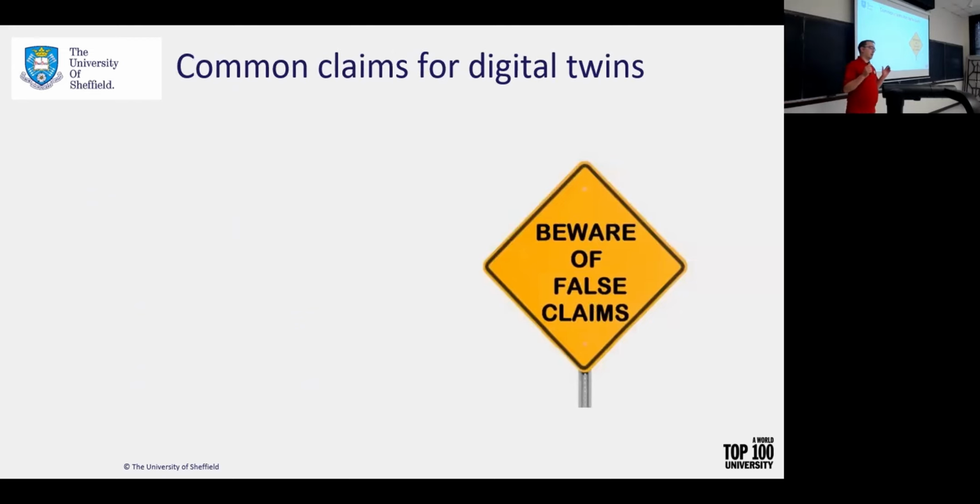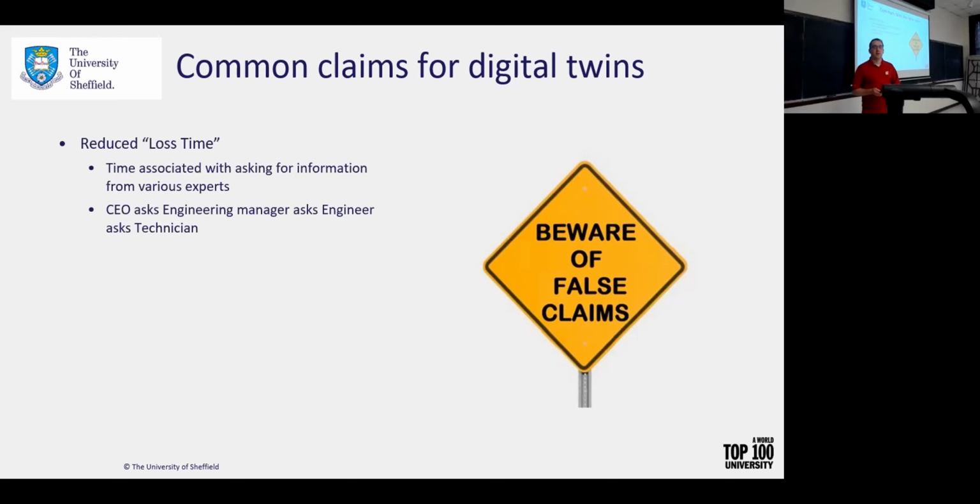So, as most of you, since you're here, probably have heard of digital twins before, and most people have a lot of claims around digital twins. One of the common claims is that there's a reduction in what's called lost time. This is the time associated with logistics, with bureaucracy. So if the CEO wants to ask a question about the system, how much will it cost to run my system one more year? What typically you have to do is that the CEO would have to ask the business manager, who would have to ask the lead engineer, who would have to ask the technician, and everything has to get filed back up. That takes time. People are on vacation. People are off on the weekends, unless you're in academia, of course. But all that takes time.